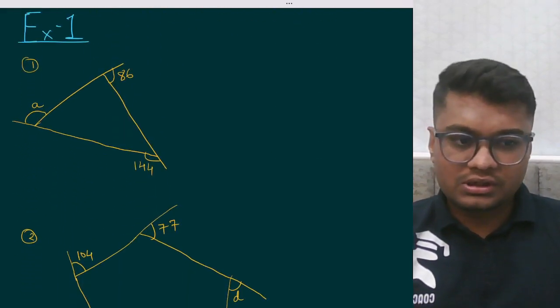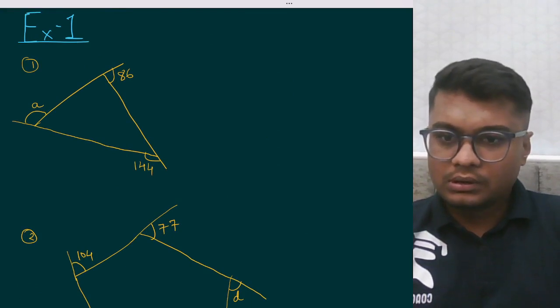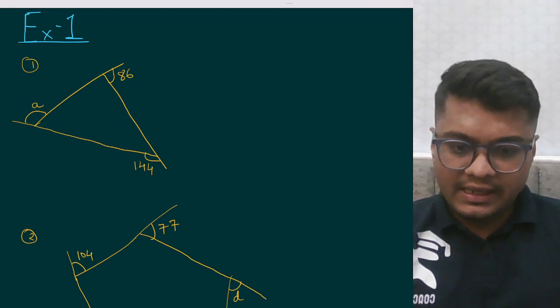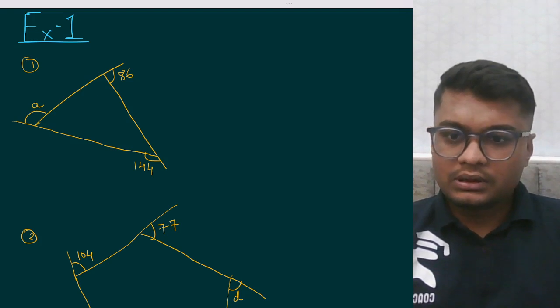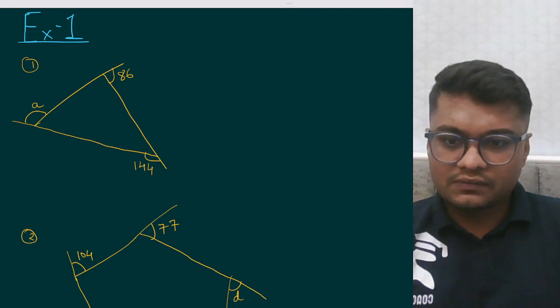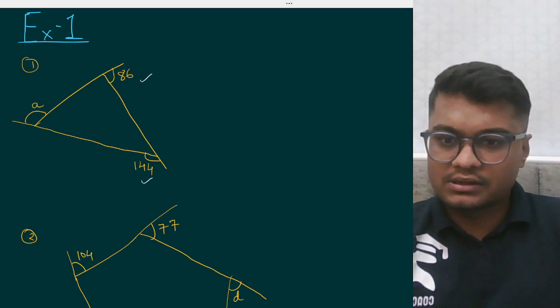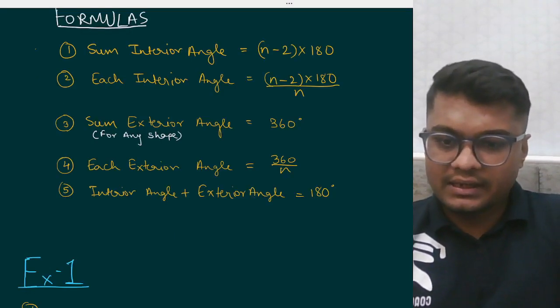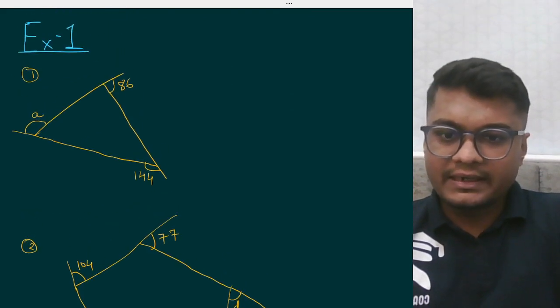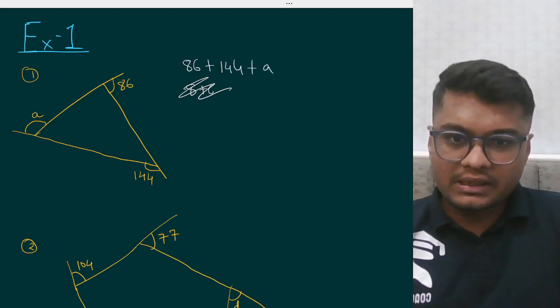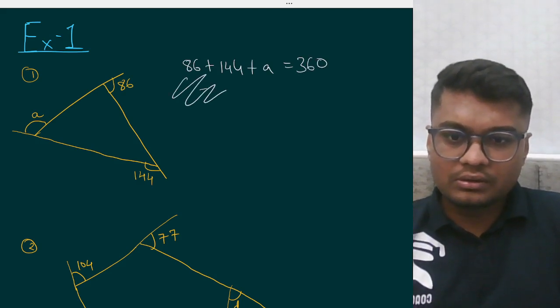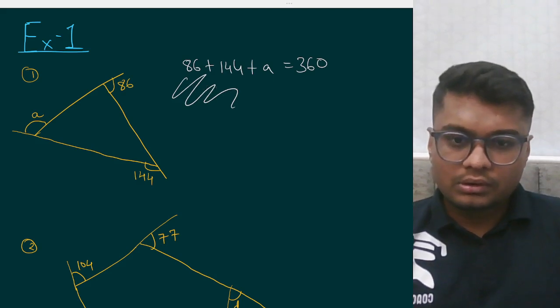Now the first sum. Now we'll also have our calculator on. Yes, so this is 86, this is 144. We know if we add, these are exterior angles, right? These are all exterior angles. So we know if we add all the exterior angles, the sum should be 360 degrees. So 86 plus 144 plus a, can I say it should be equal to 360 degrees? Yes. So 86